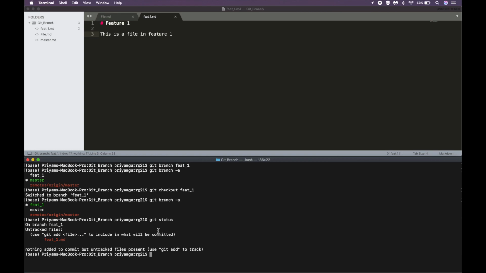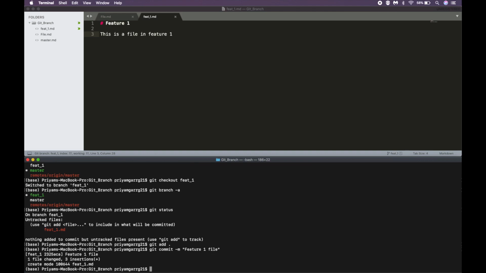So let us add that file and commit the file. So we have made a file in our branch feat_1, and we have now also made the commit at that branch.